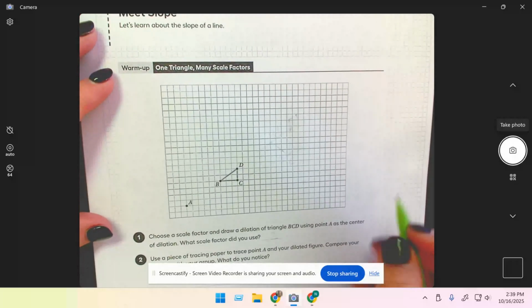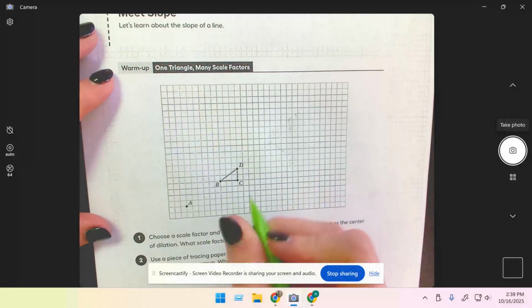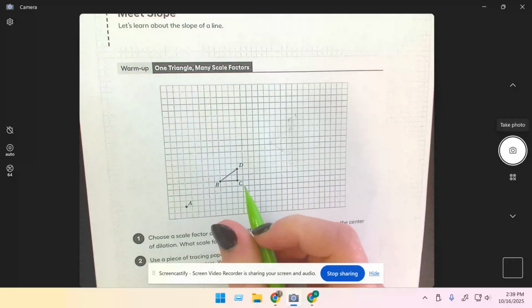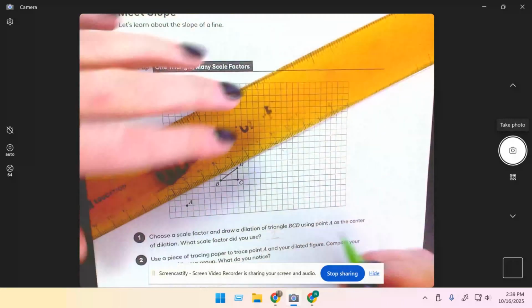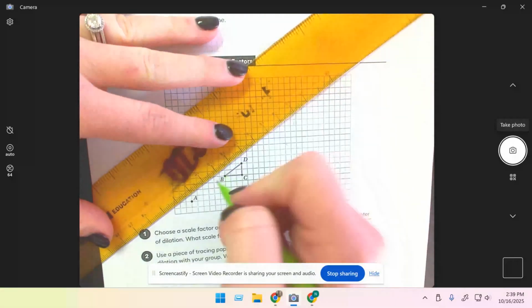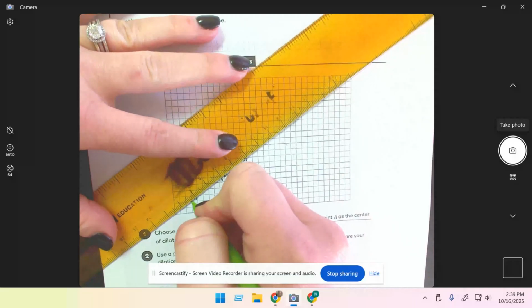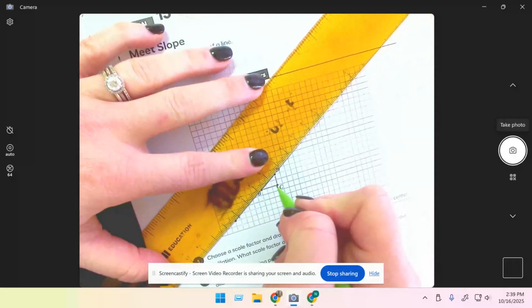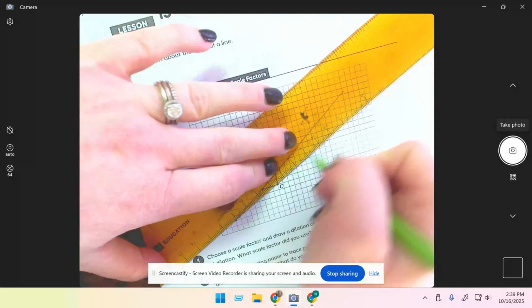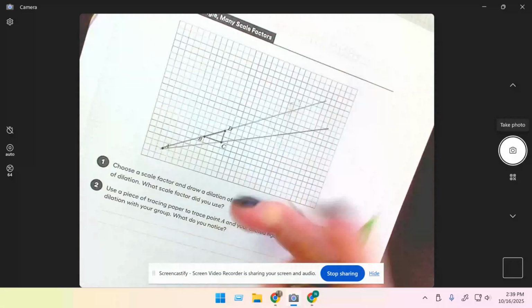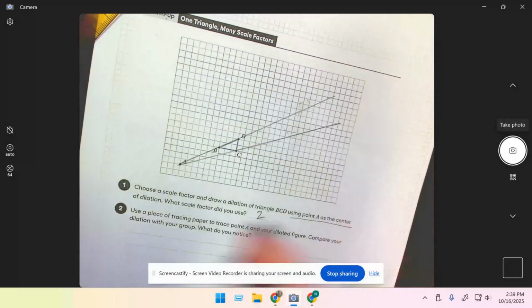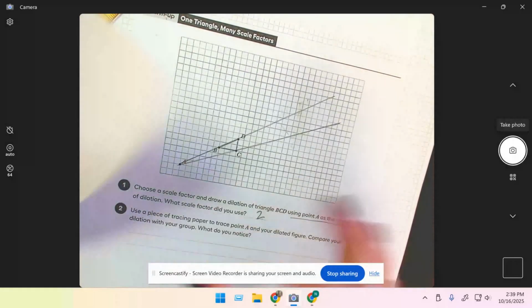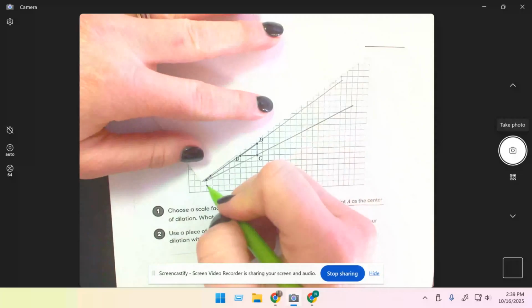All right, we are going to dilate this triangle here. As you remember, anytime we did a dilation, we always drew a line from the center, because notice it says using A as the center. So from the center through each of the points. So I'm going to do that first, from the center through each of the points. I want our scale factor to be 2, because I just want to keep it the same. So from A to B,